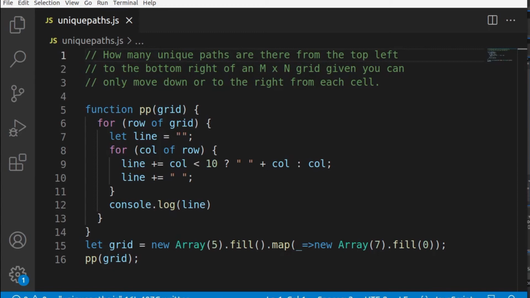How many unique paths are there from the top left to the bottom right of an n by n grid, given you can only move down or to the right from each cell? In this video, I'm going to solve this problem using a method I introduced in the previous video, which is